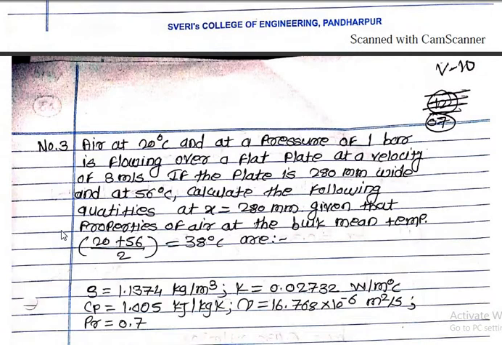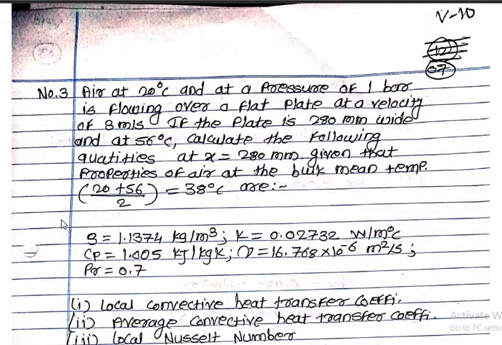Now we will see our third problem related to the plate. Air at 20 degrees Celsius and at a pressure of 1 bar is flowing over a flat plate at a velocity of 3 meters per second. If the plate is 200 mm wide and at 56 degrees Celsius, calculate the following quantities at x equal to 280 mm. Given the properties of air at the bulk mean temperature, that is nothing but 20 plus